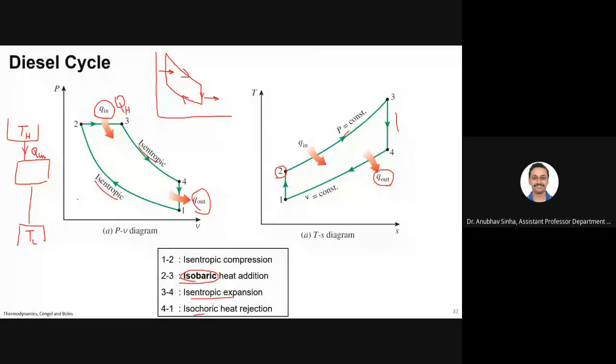Sir, as the diesel cycle is isobaric, so Q required will be more, no? Yeah, that will come when we talk about efficiency. Then it will be clear. Let me finish that part first. If you have any questions, ask now. Otherwise, just wait for that. Let me talk about efficiency. Then I will show you a comparison of efficiency between diesel and Otto.